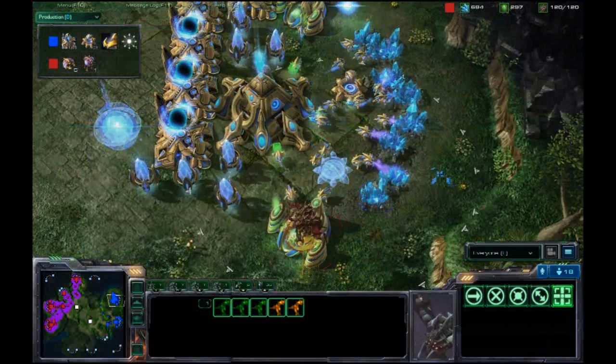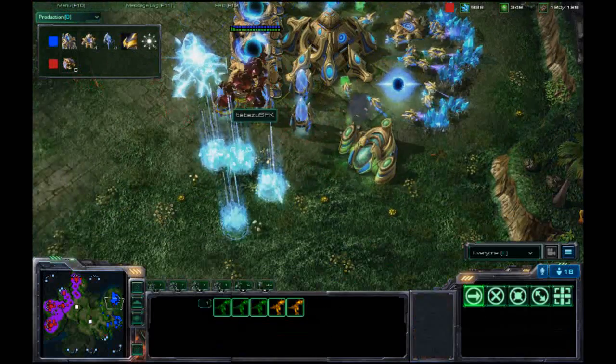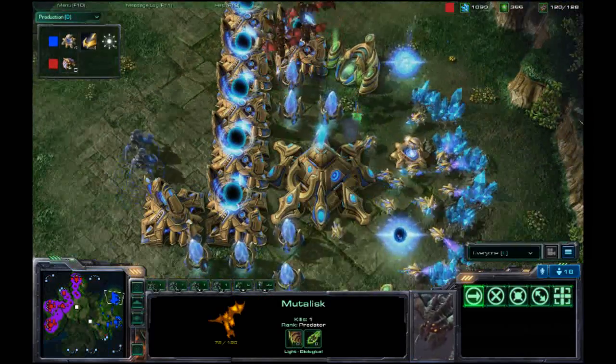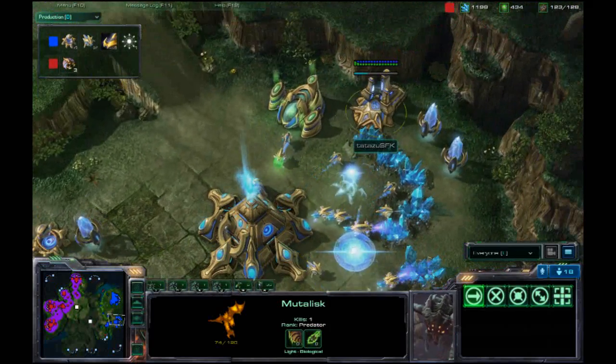There's only 1 cannon in the line there, and now 2 more going up, of course. And Mutalisks, this may be the only time he even uses Mutalisks the entire game. But if he can keep Ace on his toes, it will all be worth it. And it looks like, yes, there is a